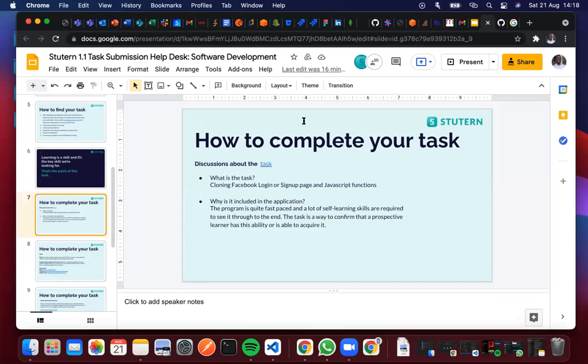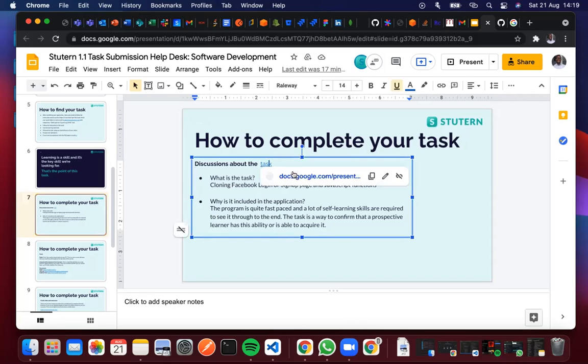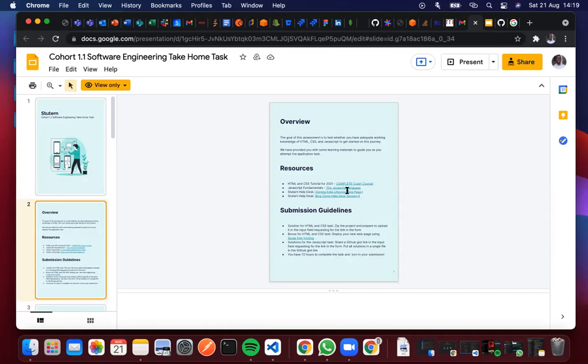So we are going to go through how to complete your tasks. Today our task will be cloning the Facebook login and sign up page and JavaScript functions. Why is it included in the application? The program is quite fast-paced and a lot of self-learning skills are required to see it through to the end. The task is a way to confirm that a prospective learner is able to acquire that skill. Like I said, learning is an ever-continuing process with software development. I believe everybody got this take-home task. Yes. Firstly, before you